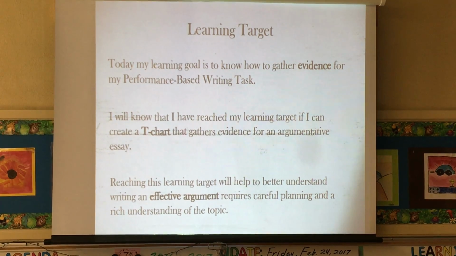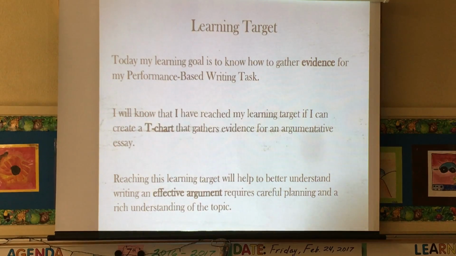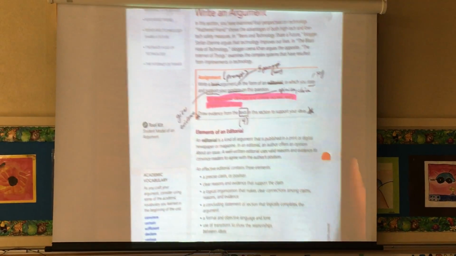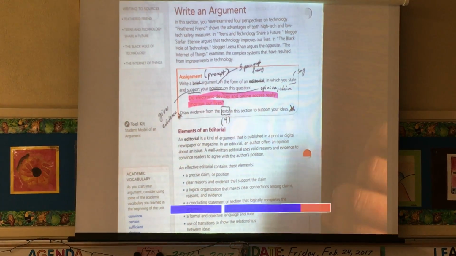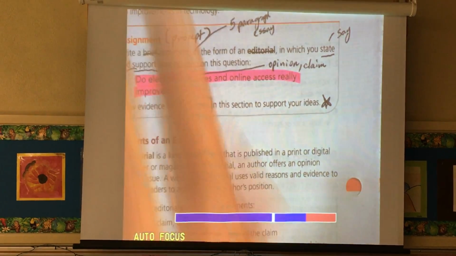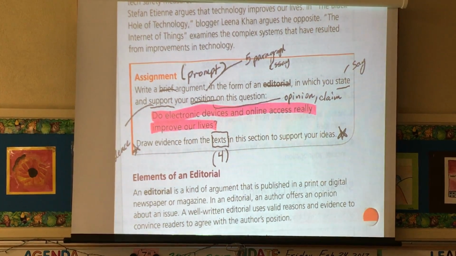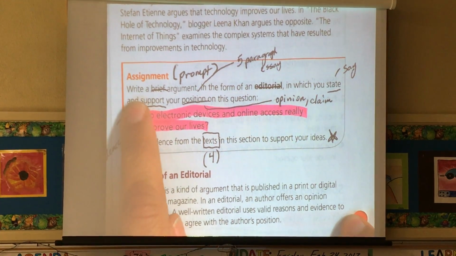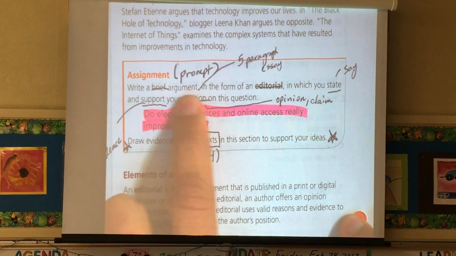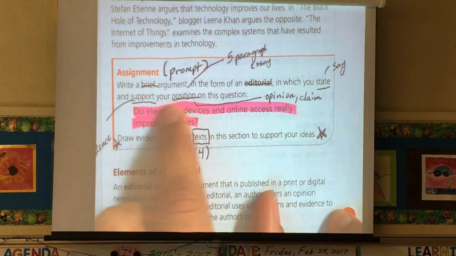The prompt that we deconstructed or planned is, let me zoom in for you to review. This is our assignment, which is known as the prompt. I will reread it for you. Write a brief argument in the form of an editorial in which you state and support your position on this